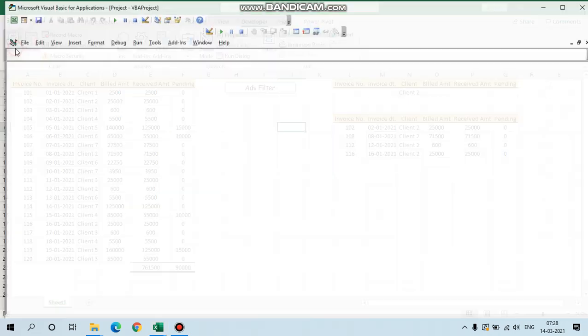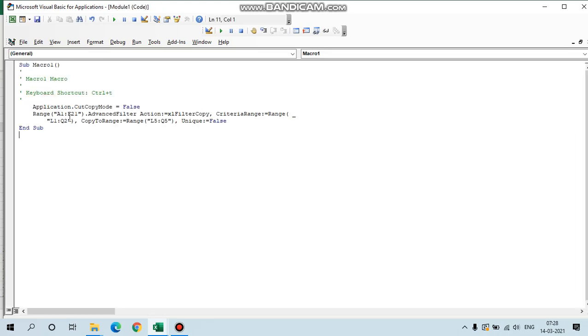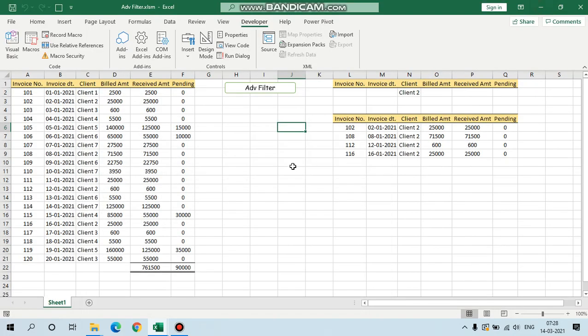It has already created some lines of code. See what we have, Control T we had selected. This is the data, this is the criteria, and this is where we wanted it to get copied. So now do one more thing here.